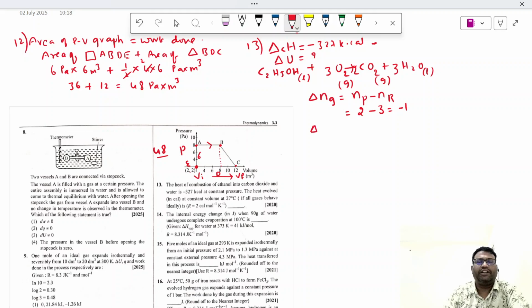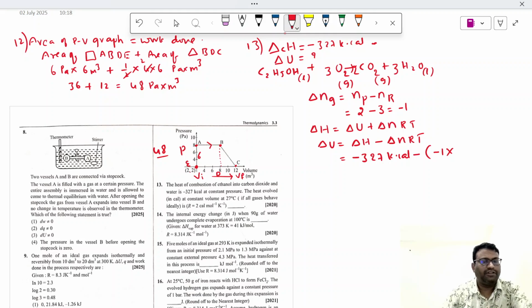So we want to calculate delta U. We have a formula relating delta H and delta U. What is that formula? Delta H is equal to delta U plus delta N RT. Then delta U is equal to delta H minus delta N RT. That is equal to delta H, given as minus 327 kilocalories, minus delta N, which is minus 1, into